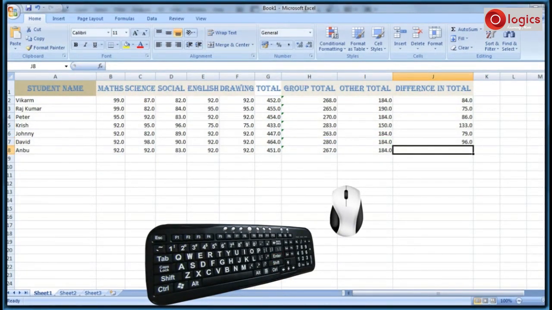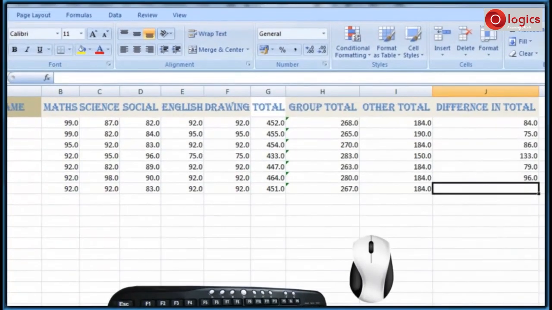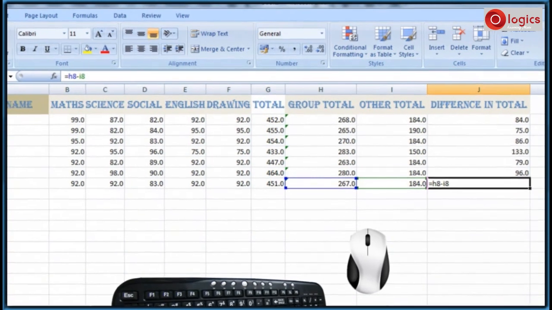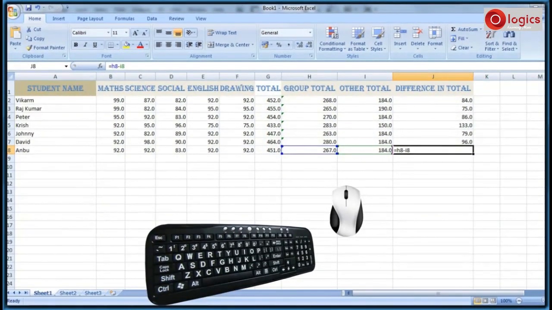This is the last row. Here the cells are H8 and I8. So the formula is equal to H8 minus I8. Press enter to get the result.